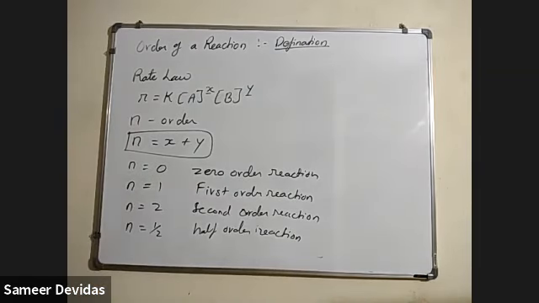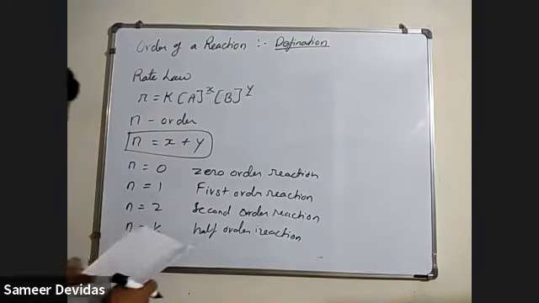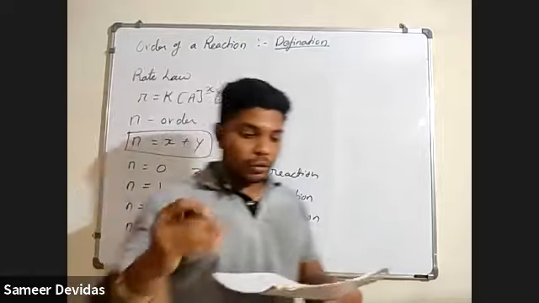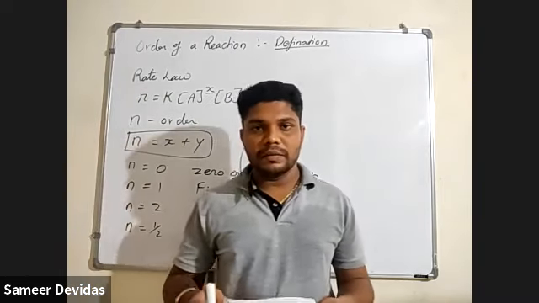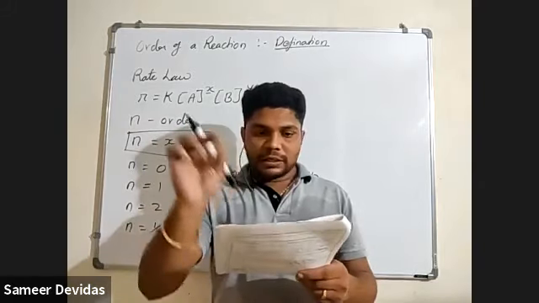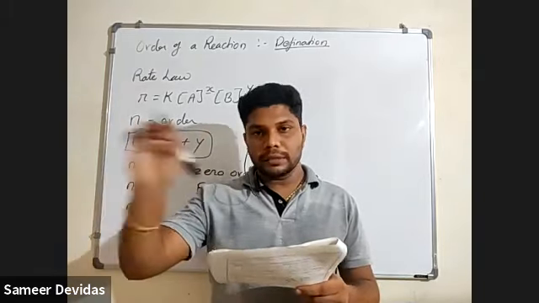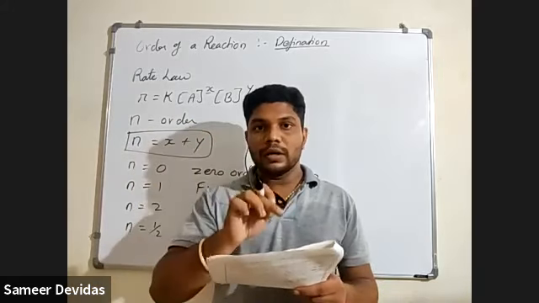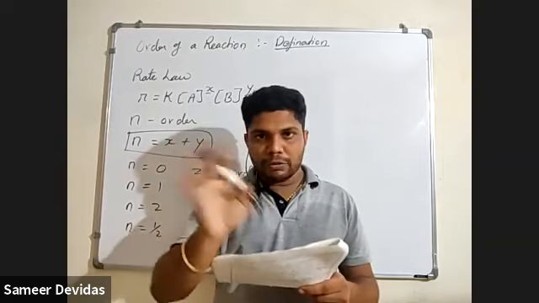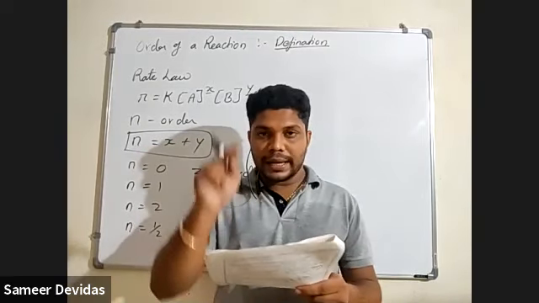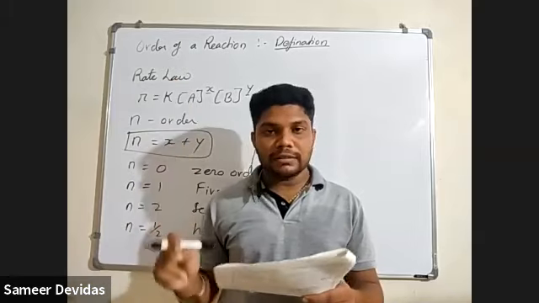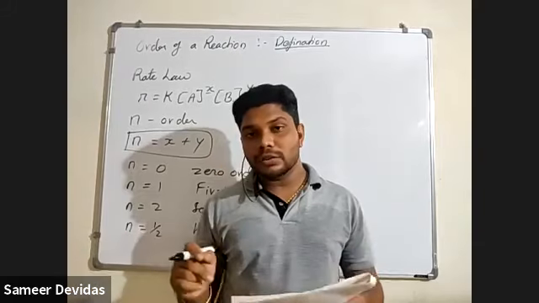In this also some of the problems are there. If you see on the notes, examples are mentioned. We will save our time. In the first example, 2NH3 gives N2 plus 3H2. They have given a chemical reaction, but below they have given a rate law, so you don't have to write that down. Rate is equal to K [NH3] raised to what they have said? Zero. In that case, what is your order, students?